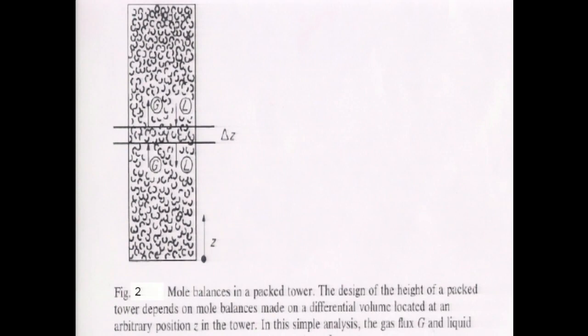This is the column, now only a schematic diagram. We place our coordinate z equal to 0 here, and we measure z in this direction. The height of the tower will be capital L. So remember, the gas enters here, gas mole fraction is Y. So mole fraction here is Y0. It will leave here at L. So mole fraction here is Y sub L. Okay. Liquid enters from top and leaves here. So it enters at L. So it is XL at entry, X0 at the outlet.